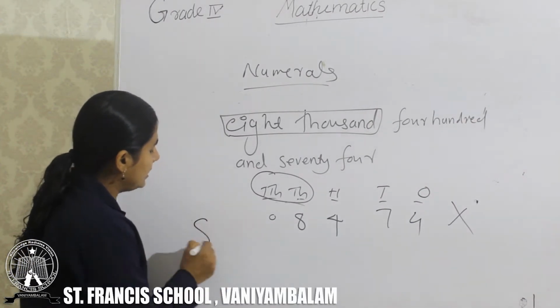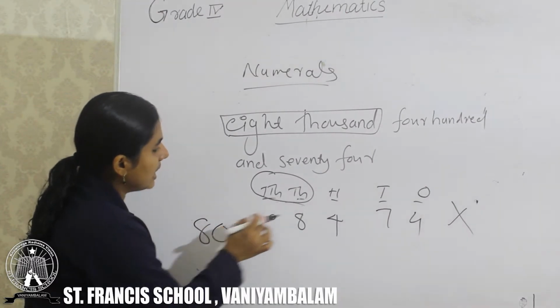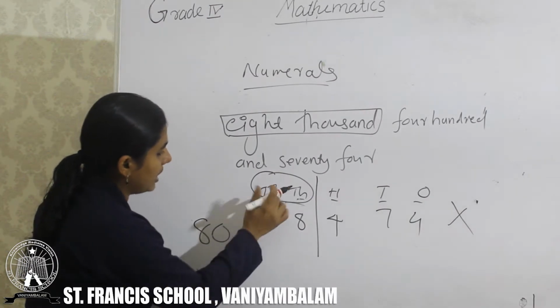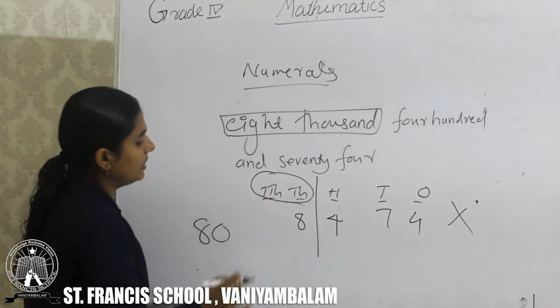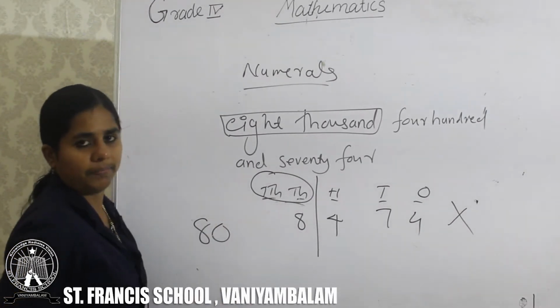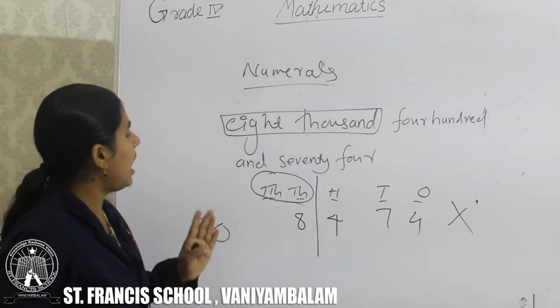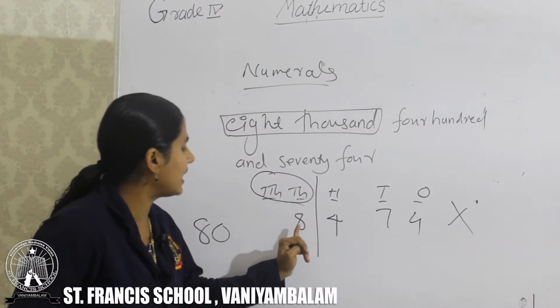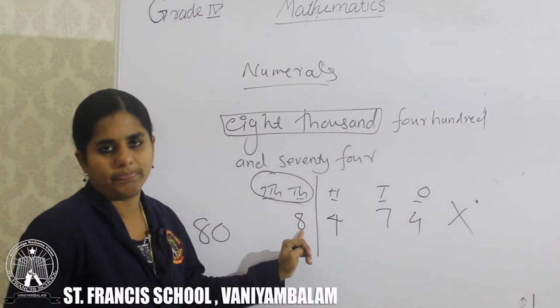Then on the right side we have which number? That you can write in the 1000 place. On the left we have which number? That you can write in the left place of the 1000 family. Okay. Now we have only a single digit number. Every time you want to write that on the right side of that family.